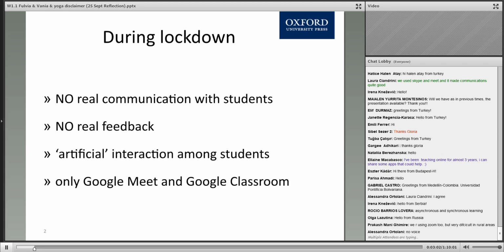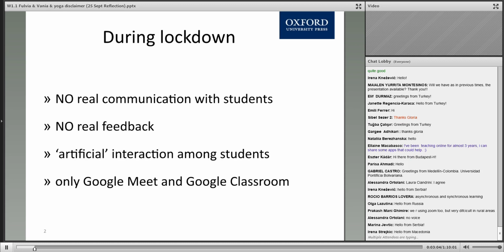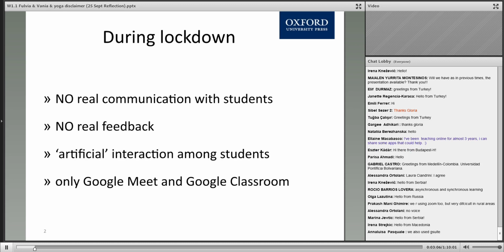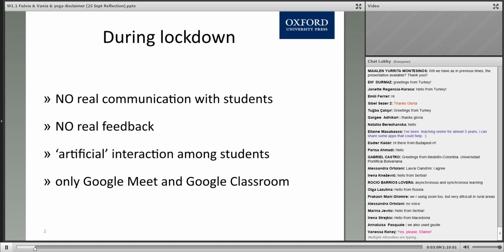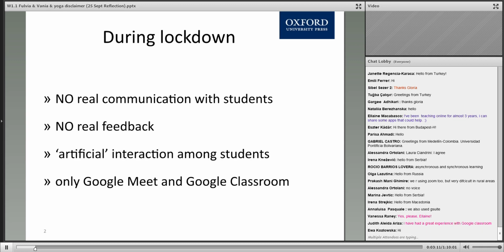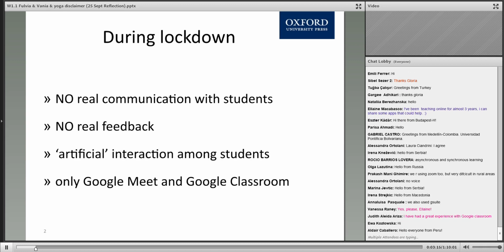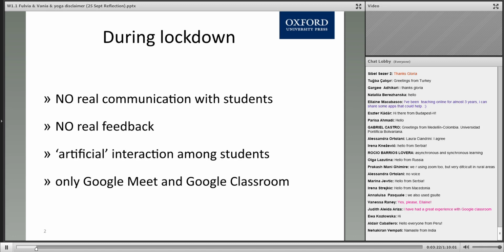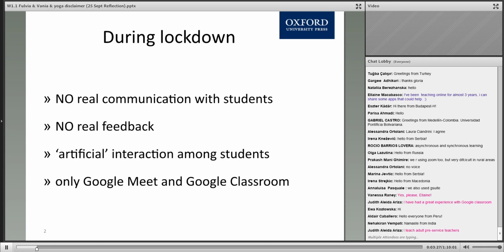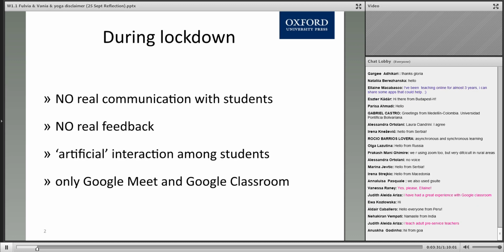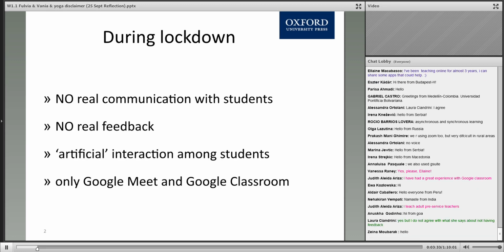What I think is a very valid tool is Google Classroom. For example, I could, using Classroom, assign a TED Talk to my students. I could ask them to watch the talk, to write a review, to propose a different idea, and we could use that to interact, because we could talk about that. It was one by one, not the same as being together with the students, but it was something.